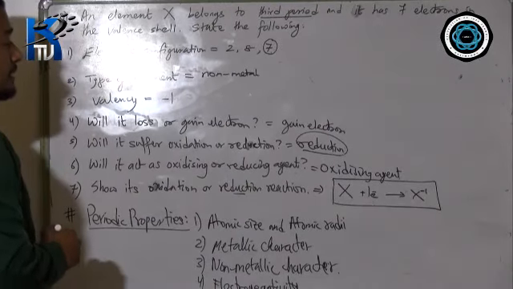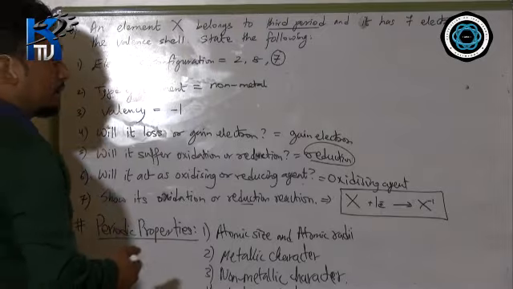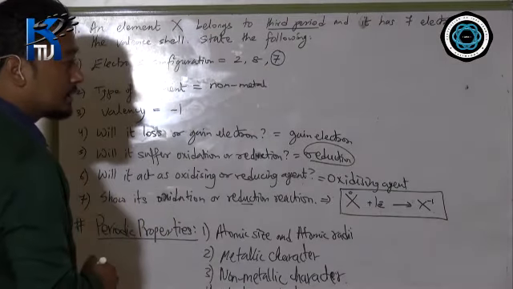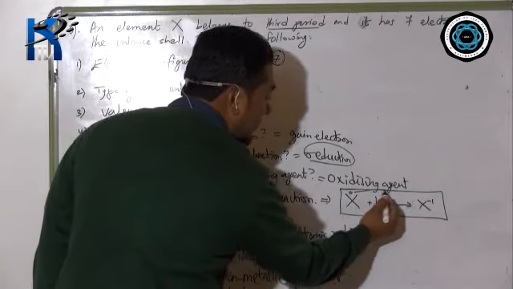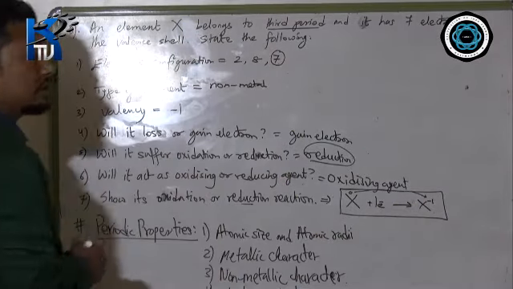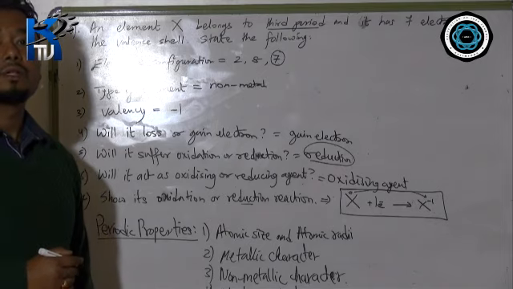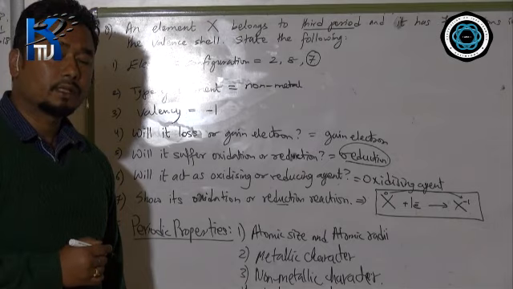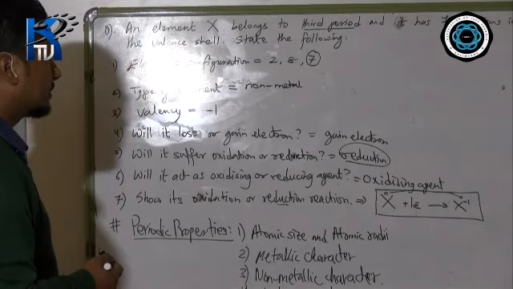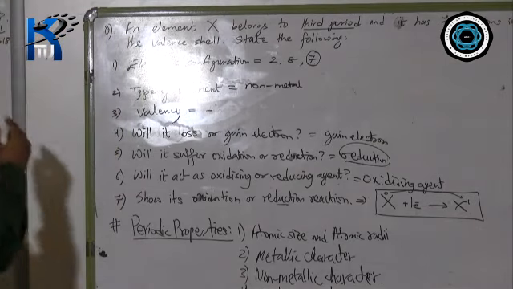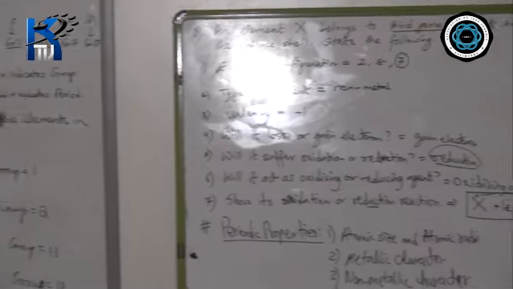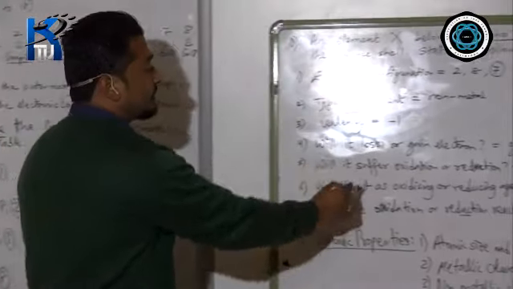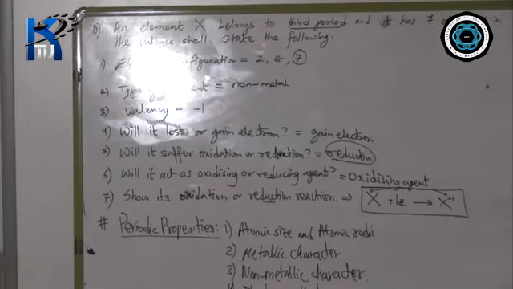Now to confirm it, whether my reaction is right or wrong, you can compare. No charge, put 0 on the head, as I said in my last class. Now compare. 0 to minus 1 is increase or decrease? Decrease. And decrease in the number means reduction. Increase means oxidation in the OIL part, as I said in my previous class. So decrease means reduction. So this is how we are going to learn about the position of elements in the periodic table. And this is one application based question of it along with yesterday's part.